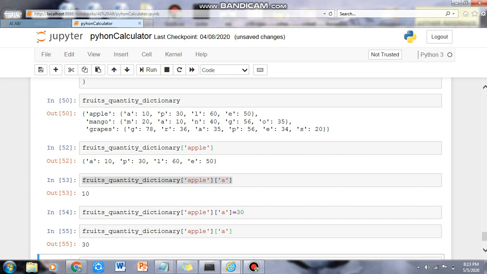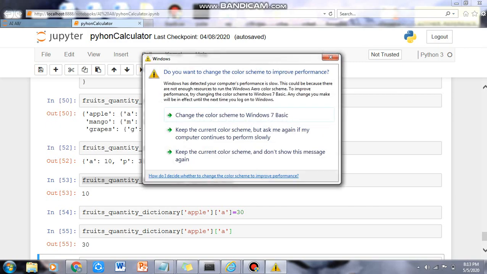So these are some complex data types that we have used within the dictionary. First we have used the list within a dictionary, and we have also seen the second thing, that is dictionary within dictionary, to access the elements, to update the elements, and also to add the elements in there.